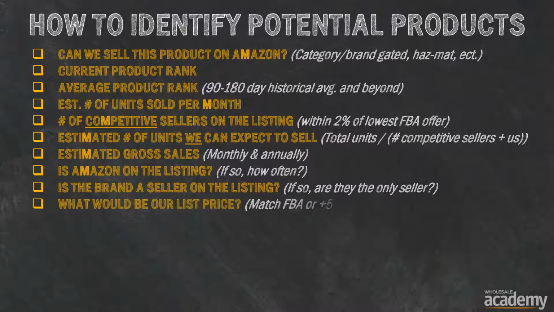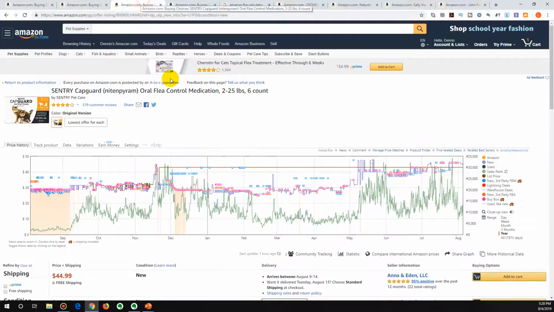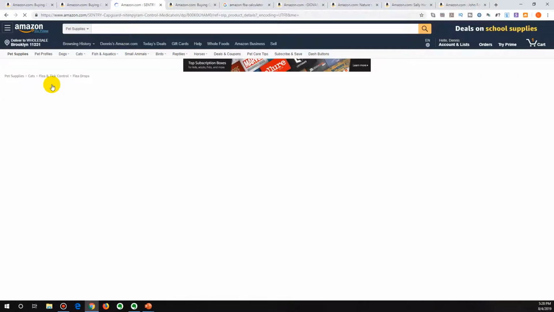The next thing we want to assess is what would be our list price. If we were selling this product today, what would be our list price? And this is how you figure out what your profit on a particular item is. And you can see in parentheses, we have match the low FBA price, or 5 to 10% above a merchant fulfilled seller. So what that means is, let's go back to this example, for instance,